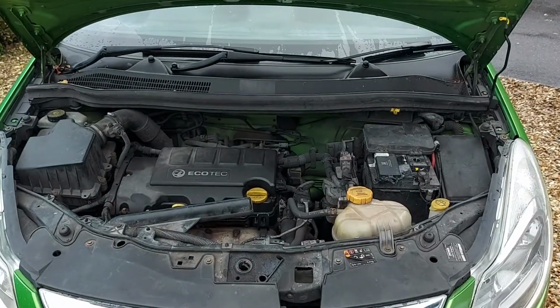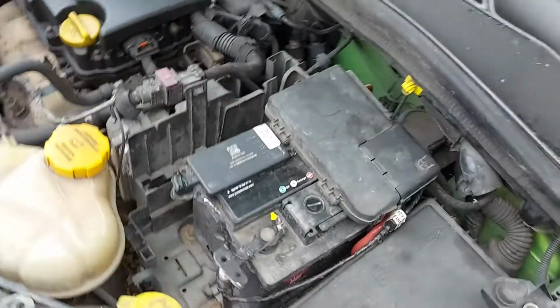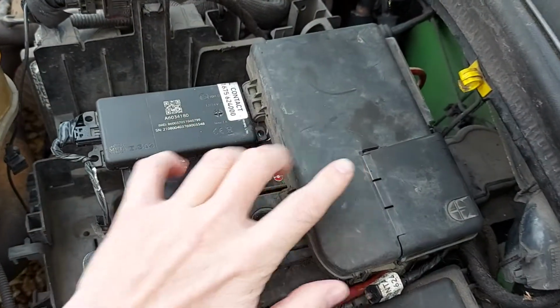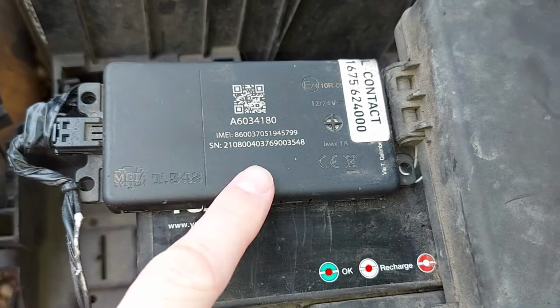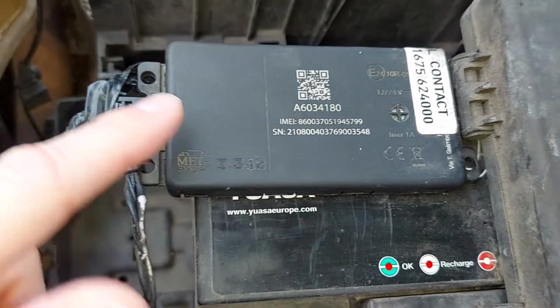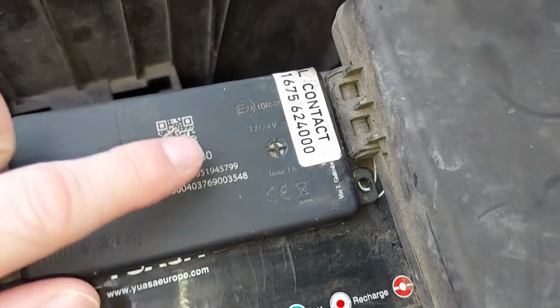Now this particular car's battery is in the engine bay. I shall show you. Here it is, and look, there is the black box. So as we can see, it's about the shape and size of a mobile phone. It has wires coming out of it here, and this particular one has a flashing light just there